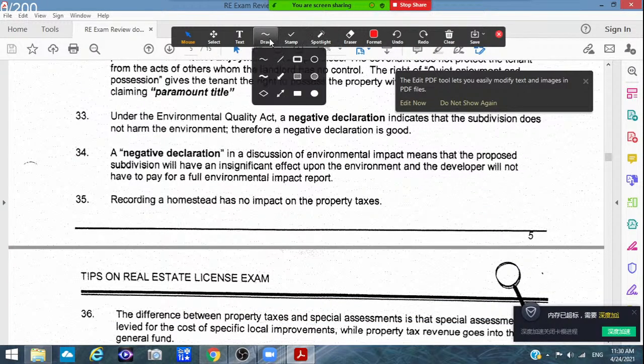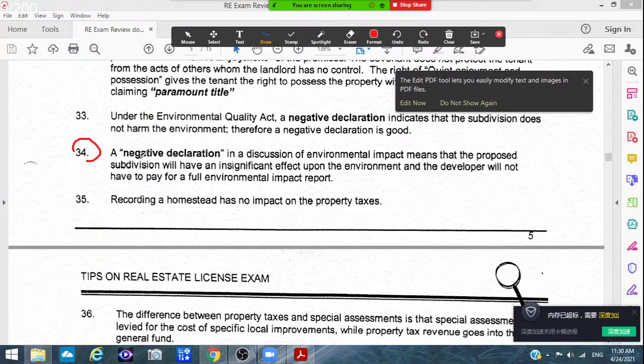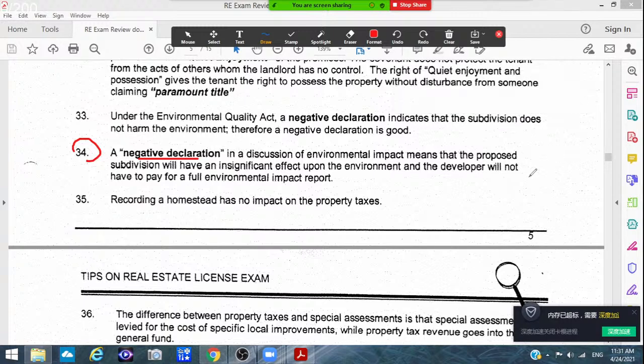Okay, so it goes on. I'll give you one other thing here. 34, a negative declaration. It sounds bad, right? 那个负面的宣布。In a discussion of environmental impact, it means that the proposed subdivision will have insignificant effect upon the environment and the developer will not have to pay for a full environmental impact report. So negative declaration means okay，可以的，就是没有东西去宣布，这是没有问题，不是不好不良。